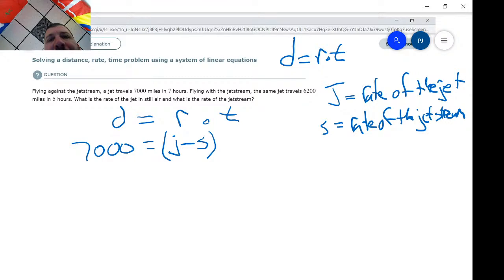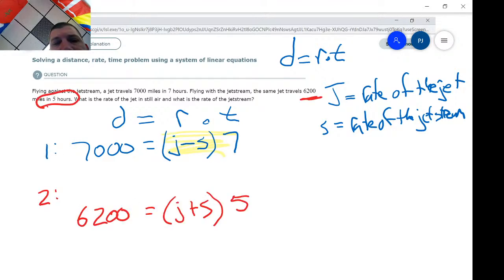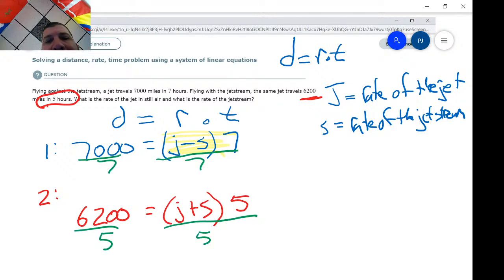Now the fun thing about this, if we do these problems right, we can actually save ourselves a little bit of work. Normally you would see a multiplication over here like this, and you might say, hey, I want to do distribution. Well, in this case, I don't want to distribute. I'm going to divide both sides by 7 here and divide both sides by 5 here. I want to get rid of that time. So equation 1 becomes